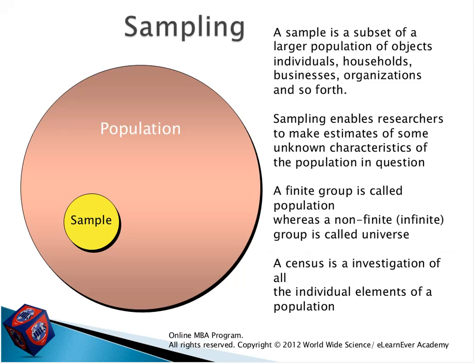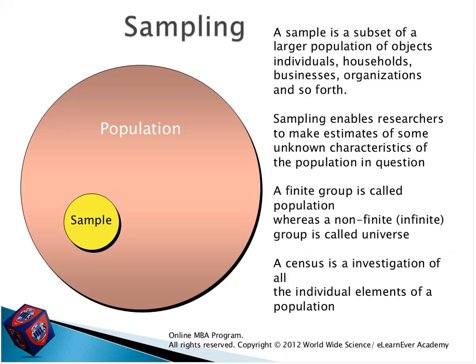So you see how much smaller the sample is than the population. It's under the population, and only some part of population, not the whole of the population. So a sample is a subset of a large population. Of course, it's a subset because it's under the population. It is included in the population, and